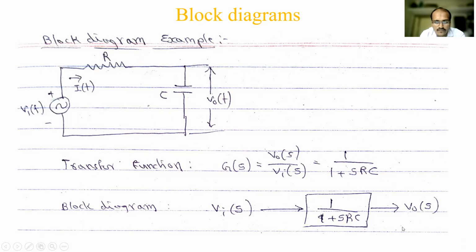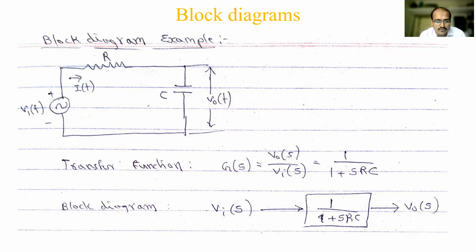Earlier I have taken U of s and Y of s. In the same way you can take anything. If a mechanical system is there, it is F of s and this is X of s, displacement, right? Like that, you can write any system's block diagram. So this is a simple one now. If you have a complex system, how are you going to find out the overall system transfer function? That is our main aim.